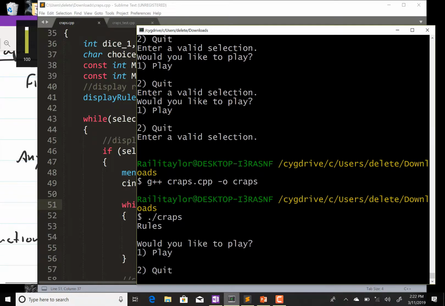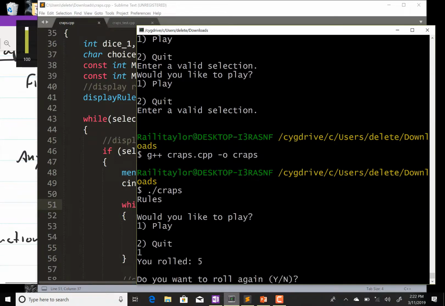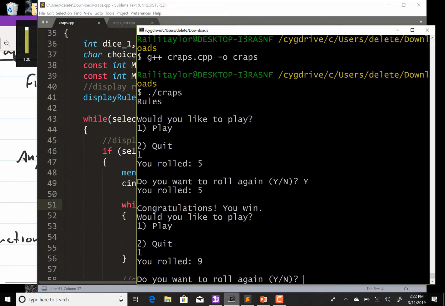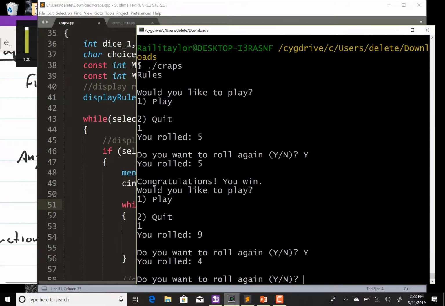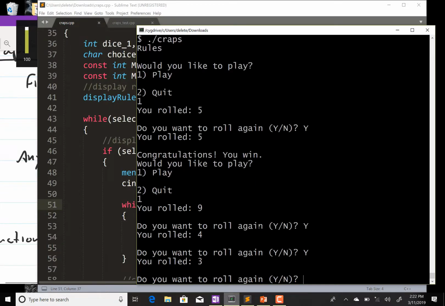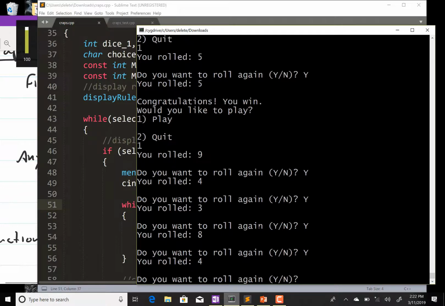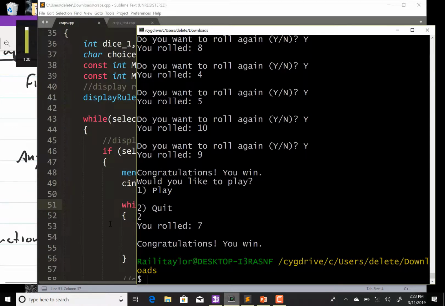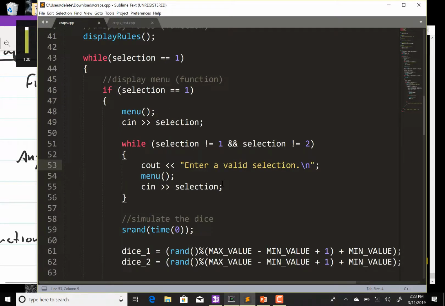Okay, so would you like to play? Let's hit 1. You rolled a 5. Do you want to play again? Yes. Looks like we won. Do you want to play again? Let's do yes, we want to play. You rolled a 9. Do you want to roll again? Yes. Looks like it's mostly working. Next time we're going to look at how to get data back from a function, so then we'll work on this code some more and